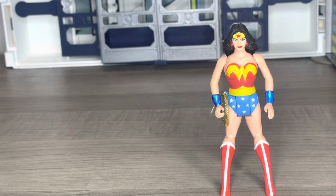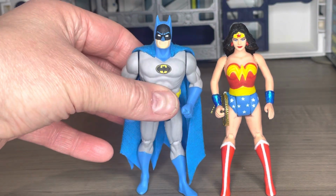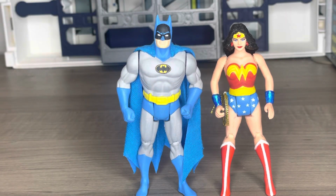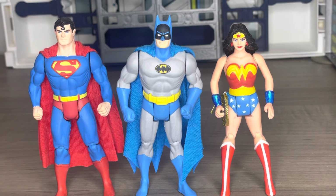And again, finishing up the Trinity, let's take a look at Wonder Woman next to Batman. And for those of you who recall, this is my original Batman figure that was getting pretty beat up, that Roan was able to take because his limbs were strong enough and tight enough for us to be able to move forward on. And Roan did an incredible job. So as you can see here, all three of them here in all their glory,